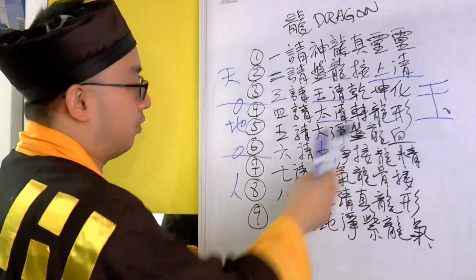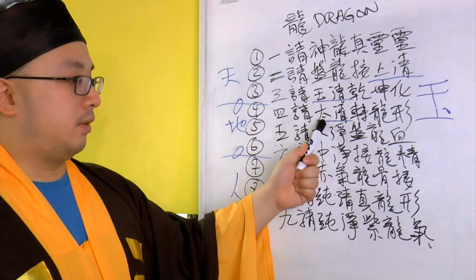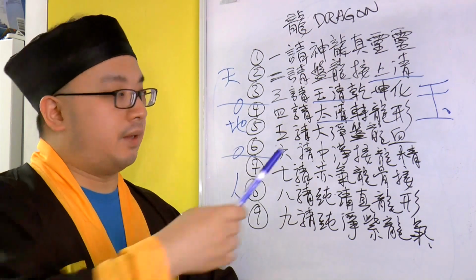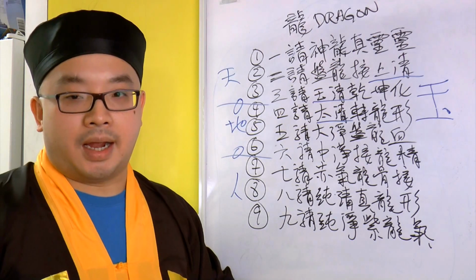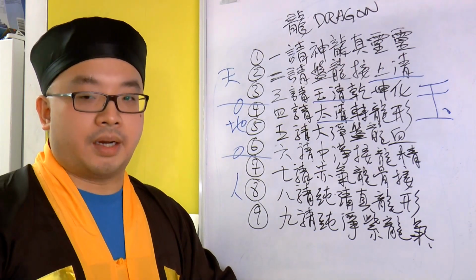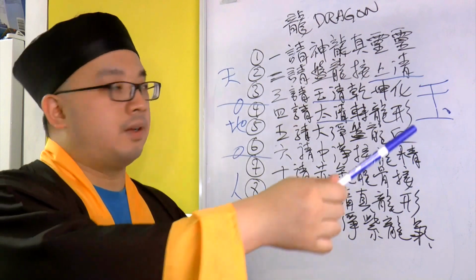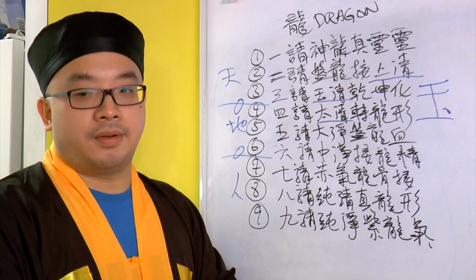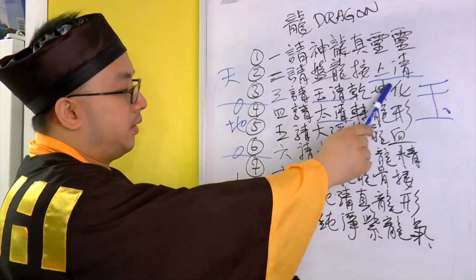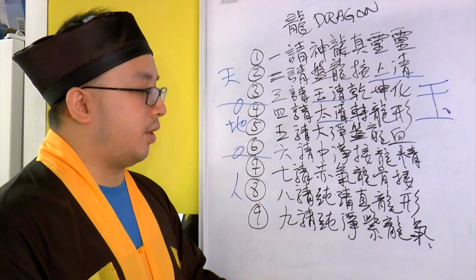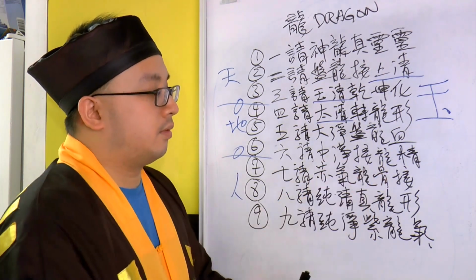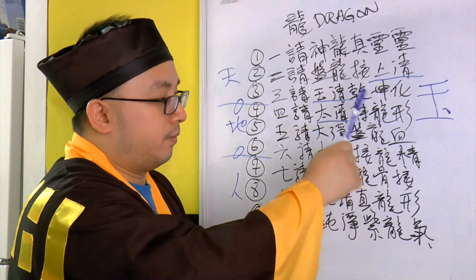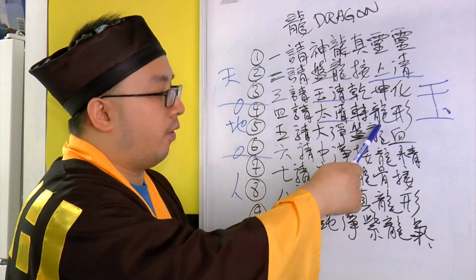4請太清轉龍形. Number 4, invite 太清 to remove it from the transition state and to tie the most extreme end of the top right here, to get into action, which is to depart from this stage to here. Now to here, to do what? 轉龍形, to turn, to execute, to take action of, to change the form of the dragon.